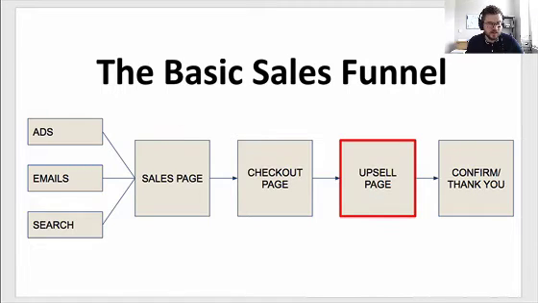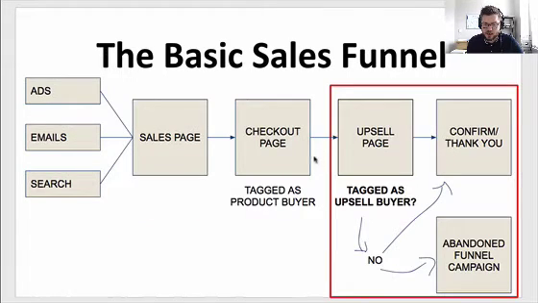This is what I am referring to as the abandoned funnel campaign. When somebody checks out, they're tagged as a buyer in whatever system you're using, ActiveCampaign, Infusionsoft, whatever it is. And then you're also probably tagging people as buyers or non-buyers of your upsell products. So what you want to watch for, and you can set this up in your automation, and I'm going to show you a couple of ways to test this, is whenever somebody is tagged as a buyer here,